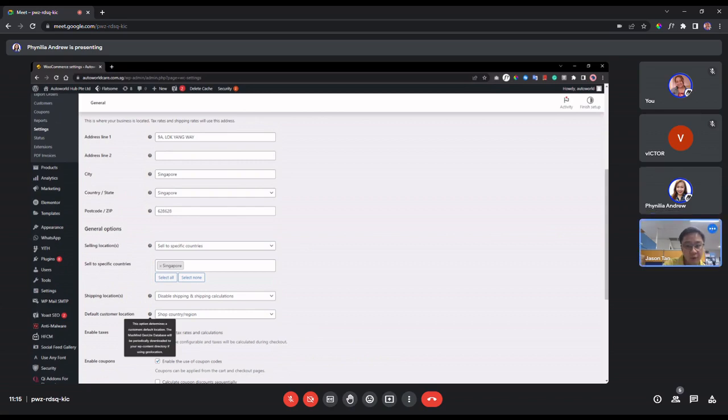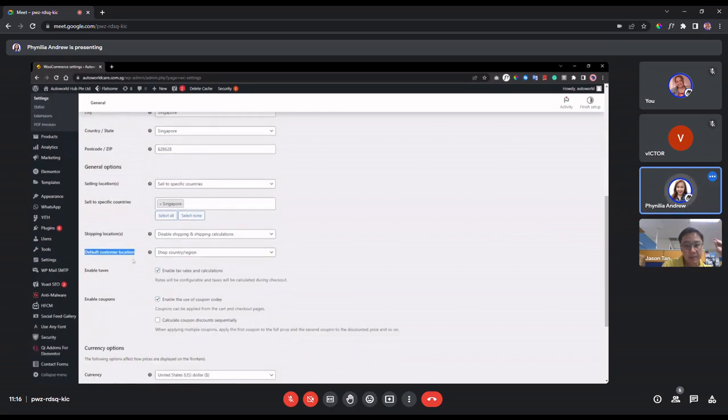So that's my understanding, I'd just put the shop country. But this one is actually an additional setting, and I never saw this portion. Let me check this one for you, and I can come back to you. Honestly, I never saw this one. What I'm guessing is that when the customer goes into the cart,